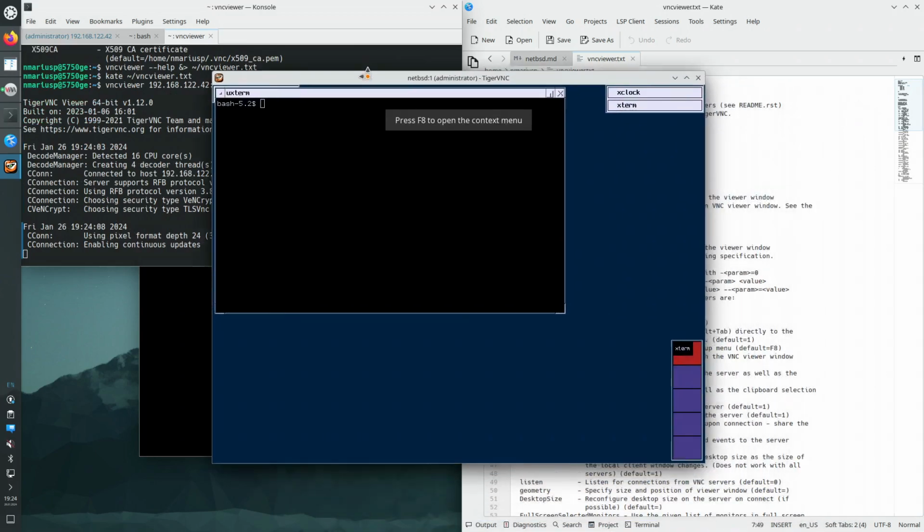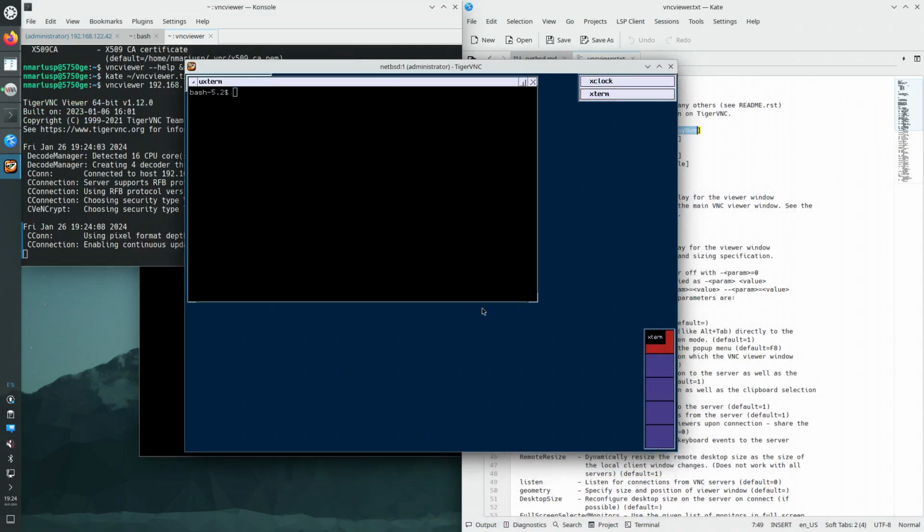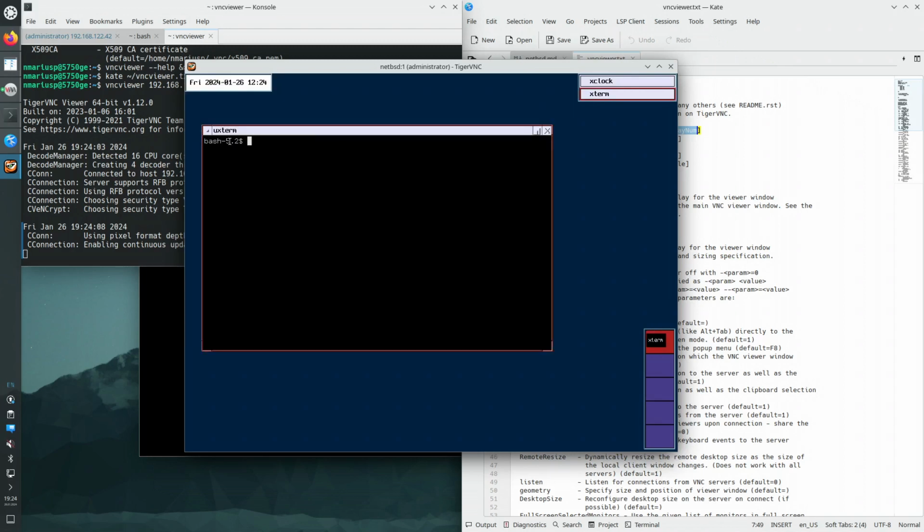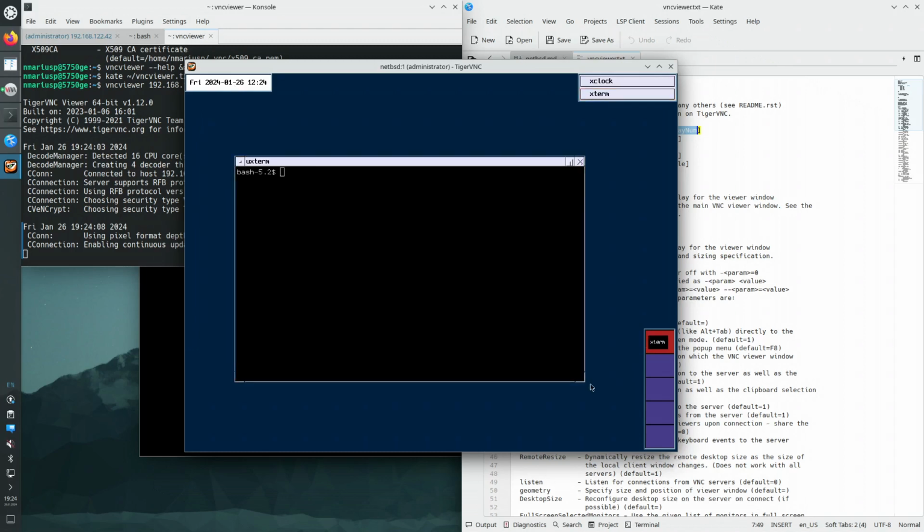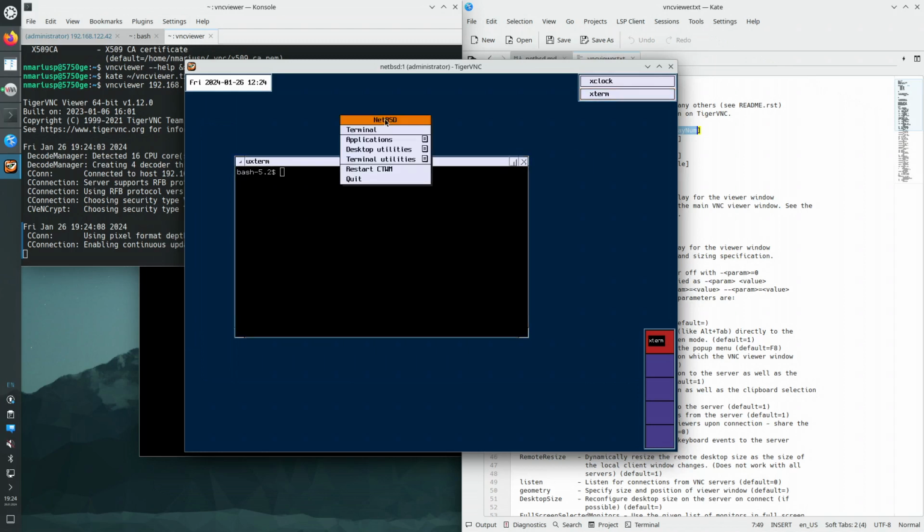And we have a graphical user interface connection to the virtual machine. We have xclock running, we have xterm running. It's uxterm, actually. This is probably the xclock. There's a window manager. I can move windows around, resize them. There's also a desktop context menu. So desktop middle click is the